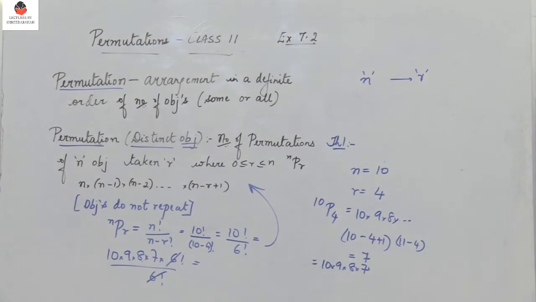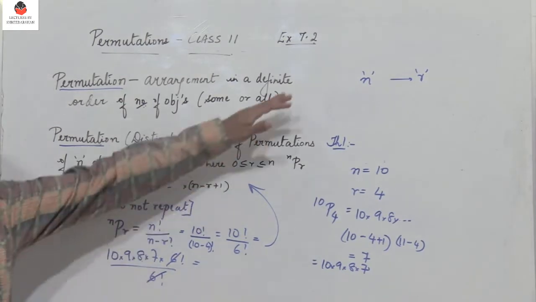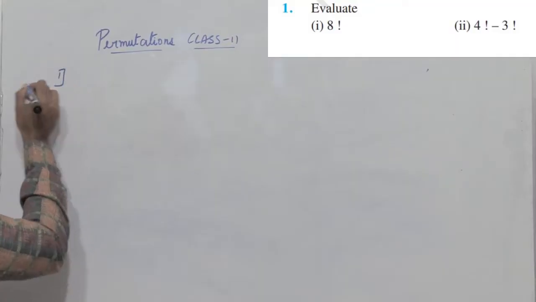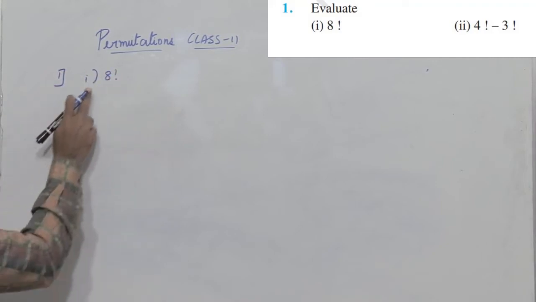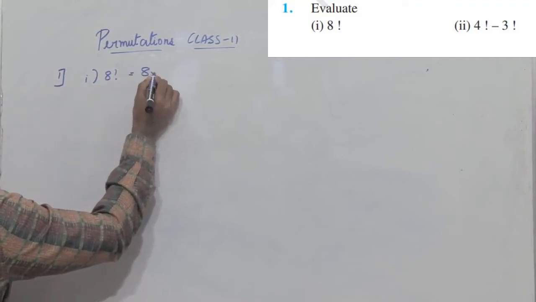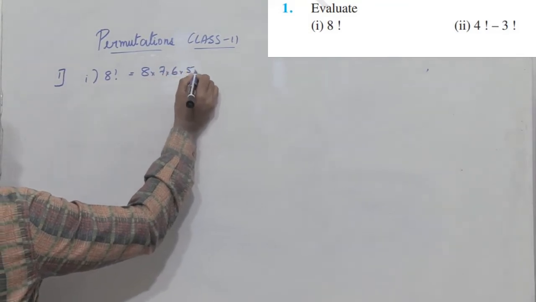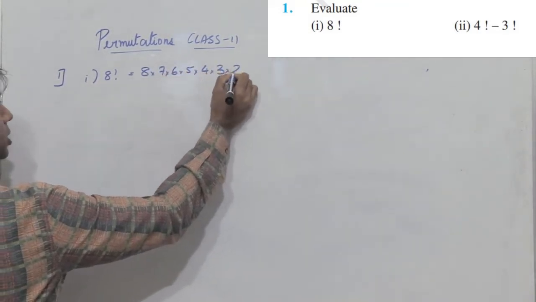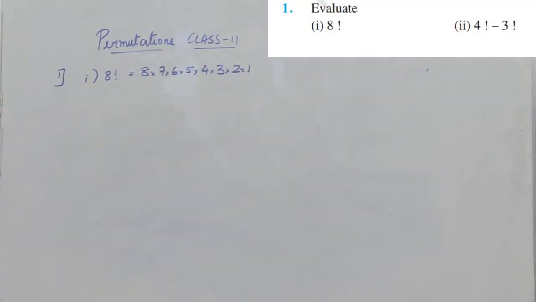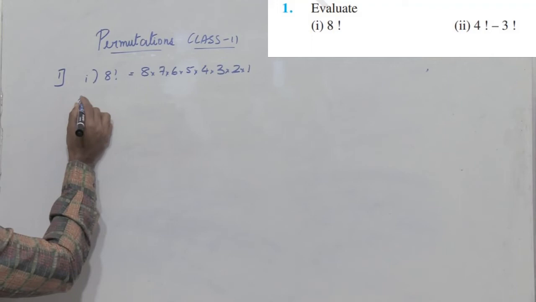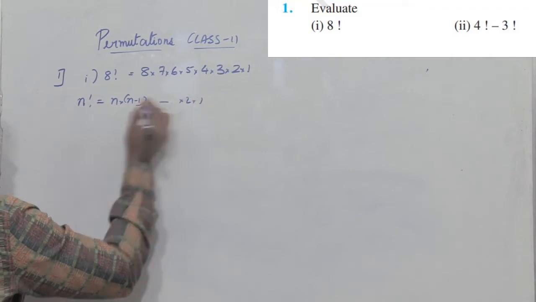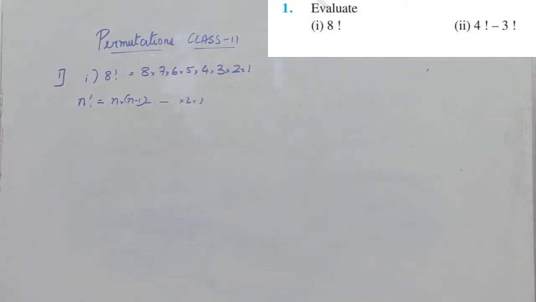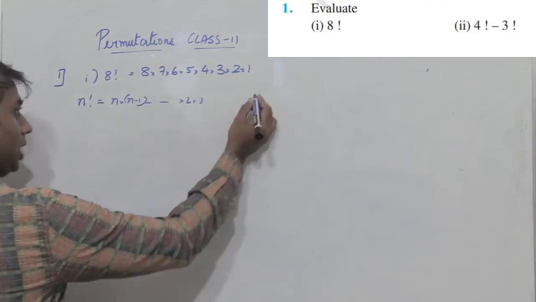So with these fundamentals, let us solve the problems given in the exercise 7.2. First problem, evaluate 8 factorial. So how do I evaluate 8 factorial? It is 8 into 7 into 6 into 5 into 4 into 3 into 2 into 1. So this is how we define factorial n. So factorial n is nothing but n into n minus 1 and so on up to 2 into 1. So up to 1. So 8 factorial is multiplying all the numbers from 8 to 1. So when you multiply, you get